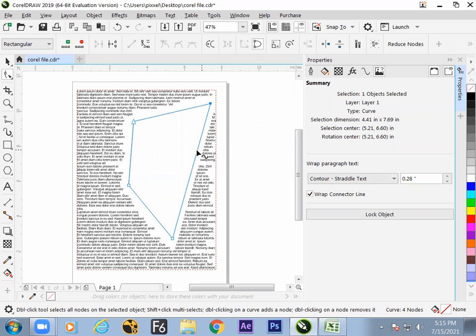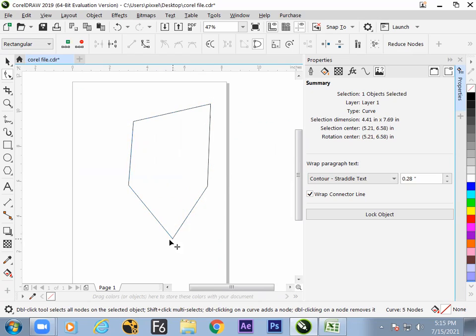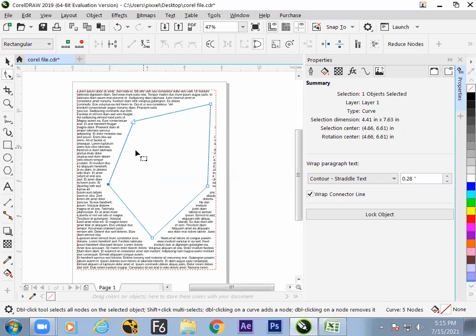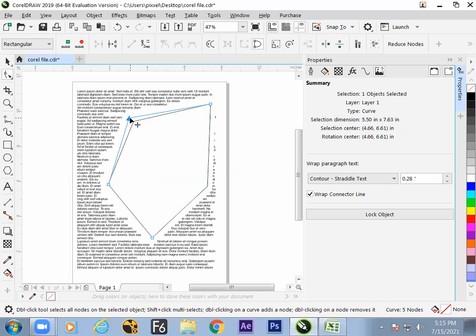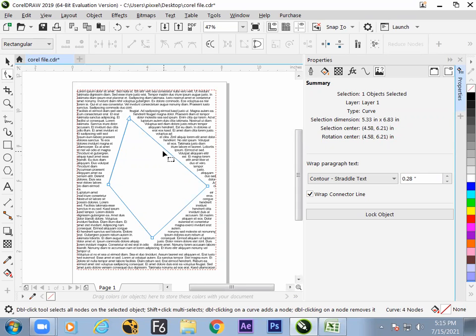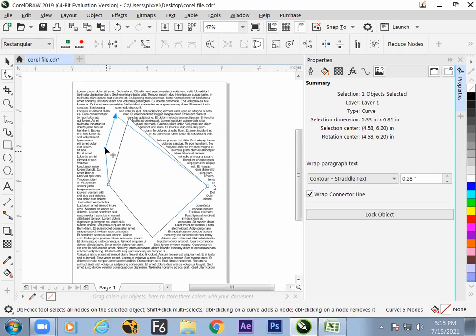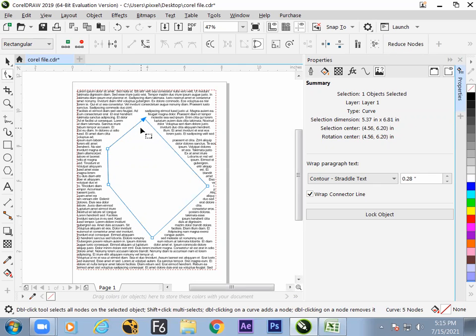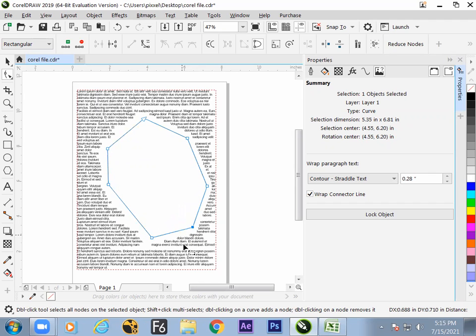Next, with the help of a double click, we can add points or nodes. This is allowed. We can add the node, and if it isn't required, we can delete the nodes. Adding nodes can be done in two ways: by selecting the node and choosing add nodes, and by double clicking on the spline. So hope we have understood now how to add nodes inside the rectangle.